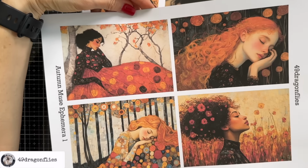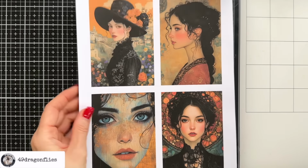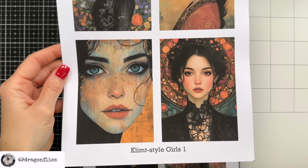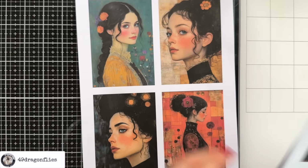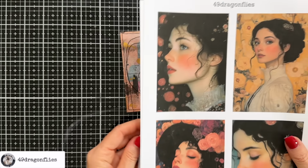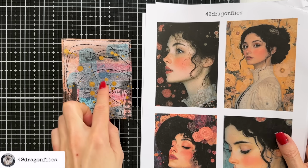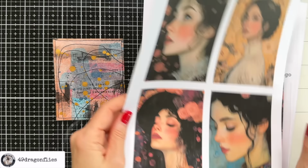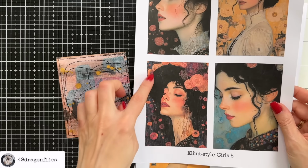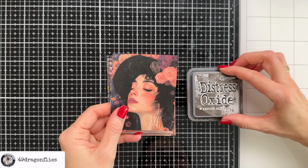Here's some horizontal ones and some more vertical ones. I think there's 5 pages. I'm not entirely sure right now. The one I thought would go best color-wise, although we will only see the edge, unfortunately, is this one right here. So I'll have to cut this one down a little bit like this, and I'll take my ground espresso